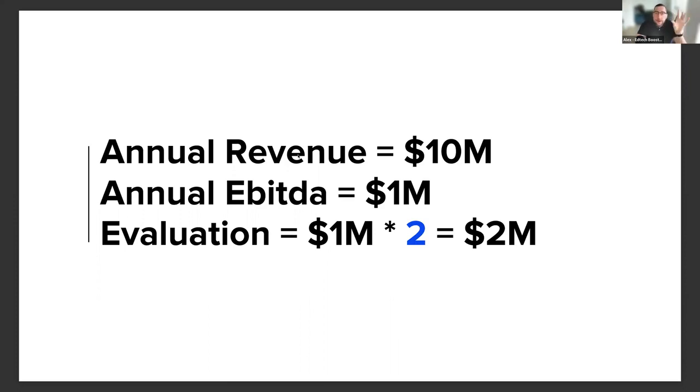So what is your evaluation? Or in other words, how much is the cost of your startup? If I want to buy your business, how much would I pay you for that? So the thing is that if it's not a startup, if it's a classical business, your multiplier applies. So this 2 is a multiplier. So your multiplier is on EBITDA.